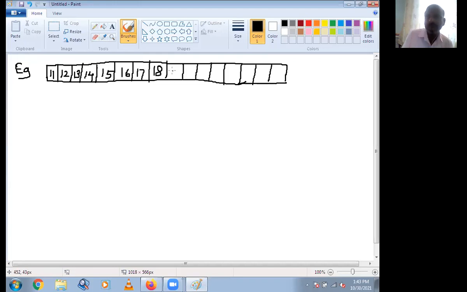Whenever you are inserting the ninth element, suppose 19, make double of previous and copy the previous contents as it is and insert the next element. You can directly insert the 10th element, 11th, 12th, 13th, 14th, 15th. Suppose 20, 21, 22, 23, 24 and 25 up to the 15th element you have inserted.